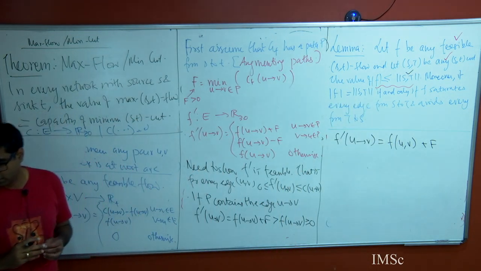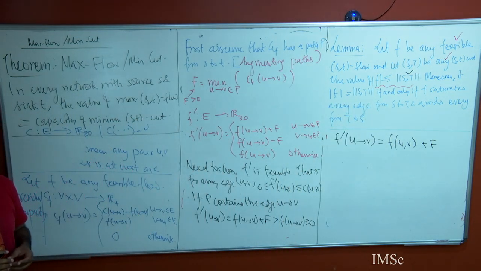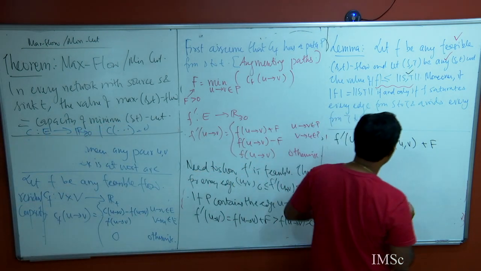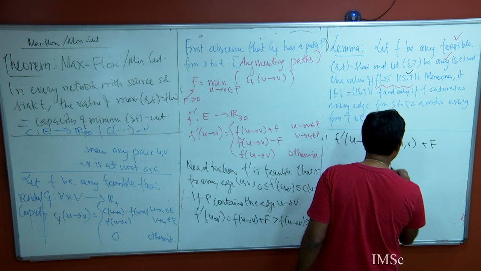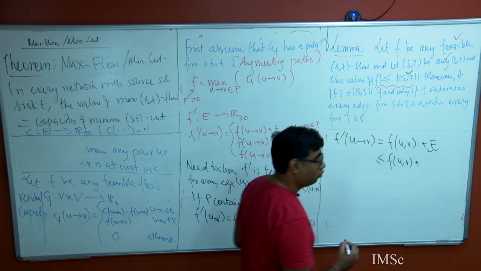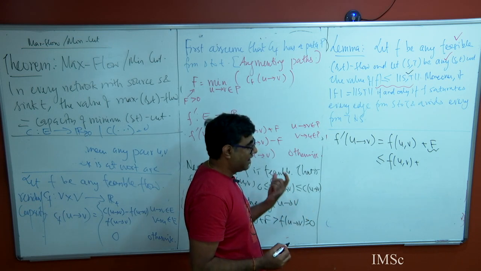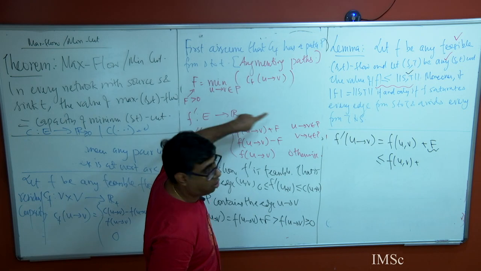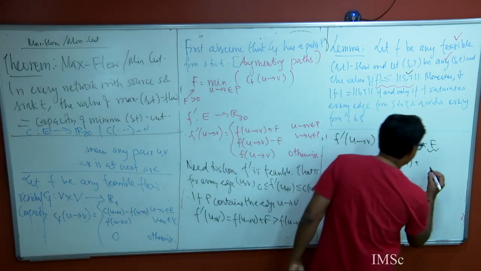And what is F? uv is on the path, so F is less than or equal to the residual capacity, because F was the minimum over all edges. So this is less than or equal to,